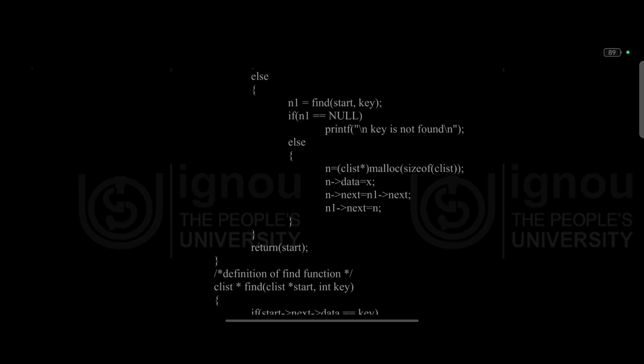if (n1 == NULL) printf("Key is not found"); else { n = (clist *)malloc(sizeof(clist)); n->data = x; n->next = n1->next; n1->next = n; } } return start;